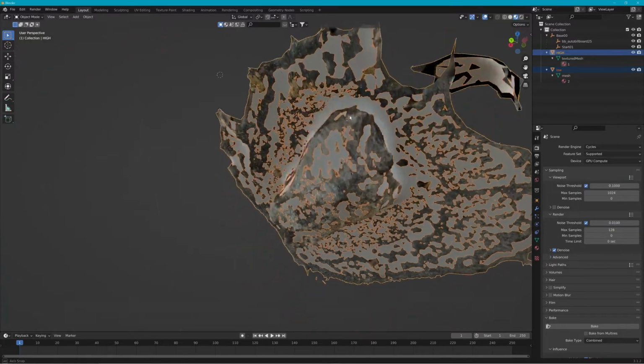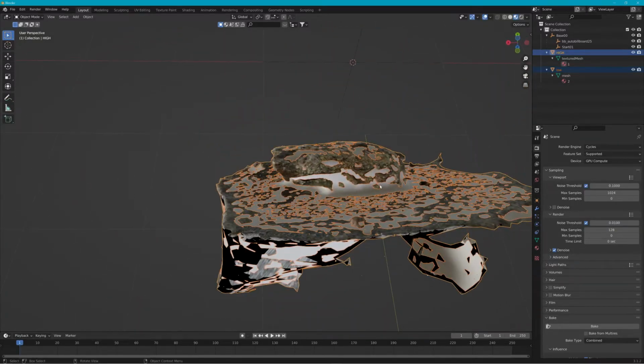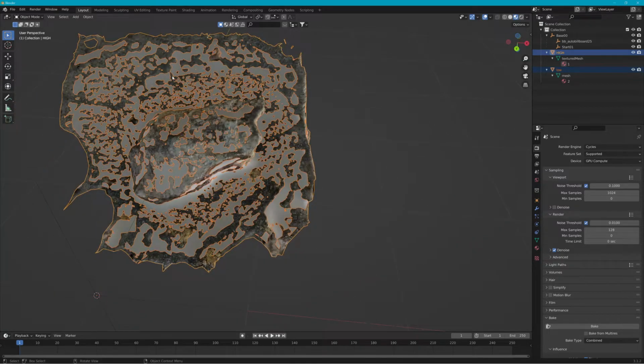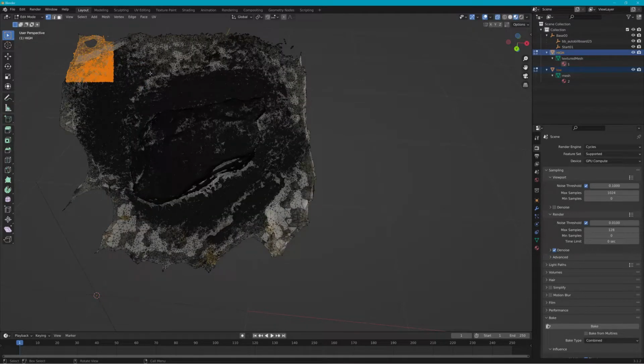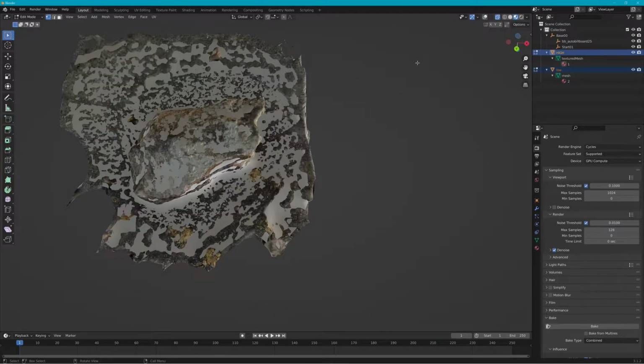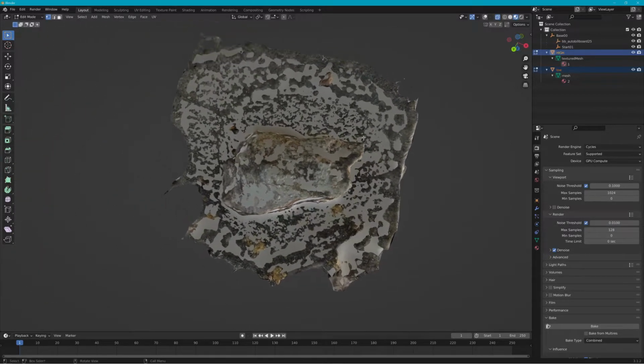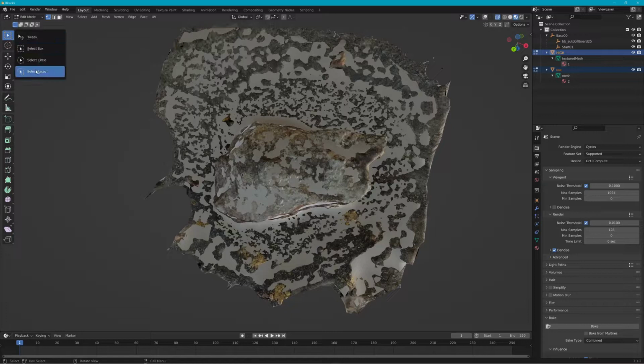There's more stuff than what we actually need to bake. I mean, we don't need the ground and all the other stuff. So what I do is I select them both, I go into edit mode, and in here I will turn on this X-ray toggle. I don't need to see what I'm selecting to know that I selected it, so to make it easier just to see what I'm doing, I just turn all this off by hitting these 2 balls here. I just got to remember to turn them back on, because what I'll do now is I'll change this to lasso, and I will start drawing a lasso around the things that I do not need, like this, and then I will say delete vertices,